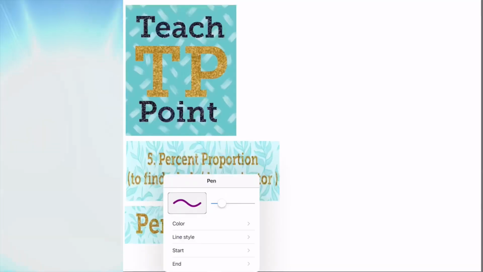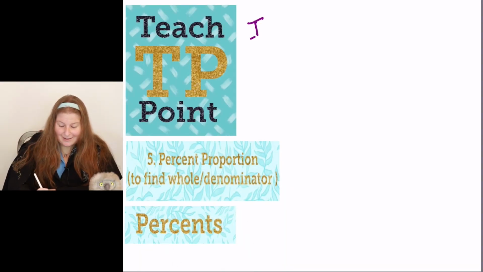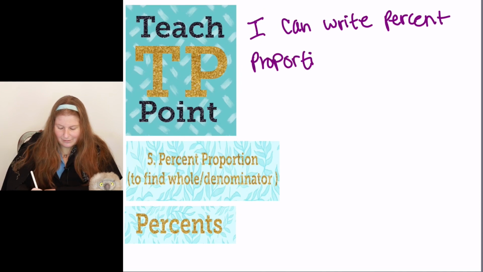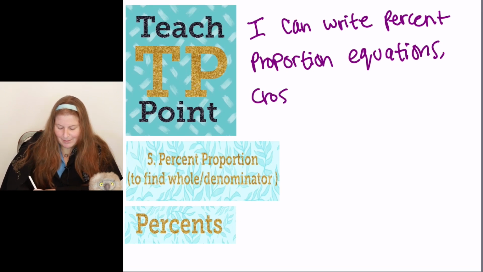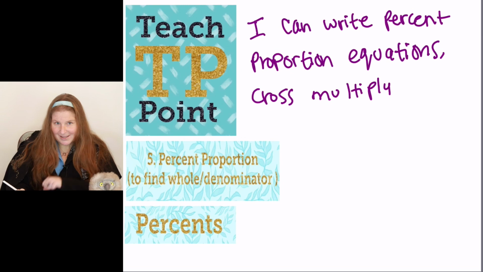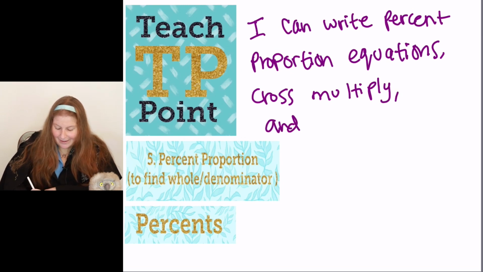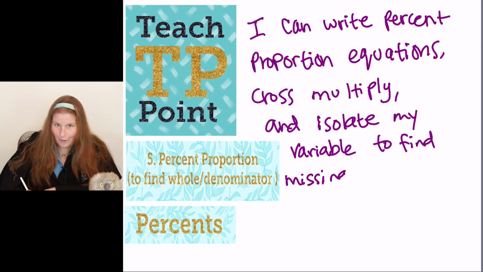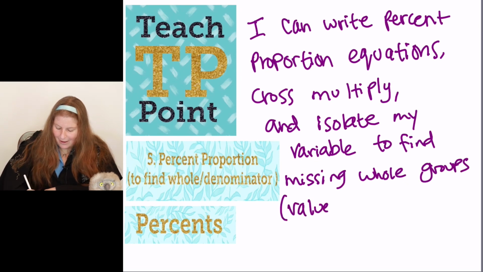Let's get started. What you're going to learn today is that I can write percent proportion equations, step 1, cross multiply, step 2, and isolate my variable to find missing whole groups, or the value of the denominator